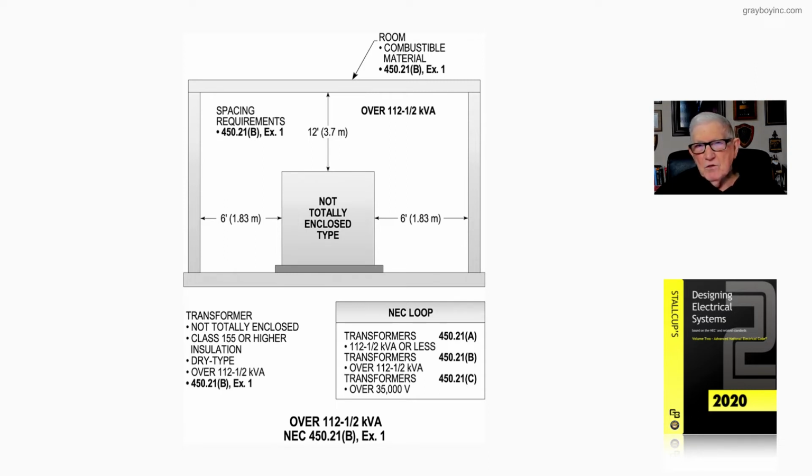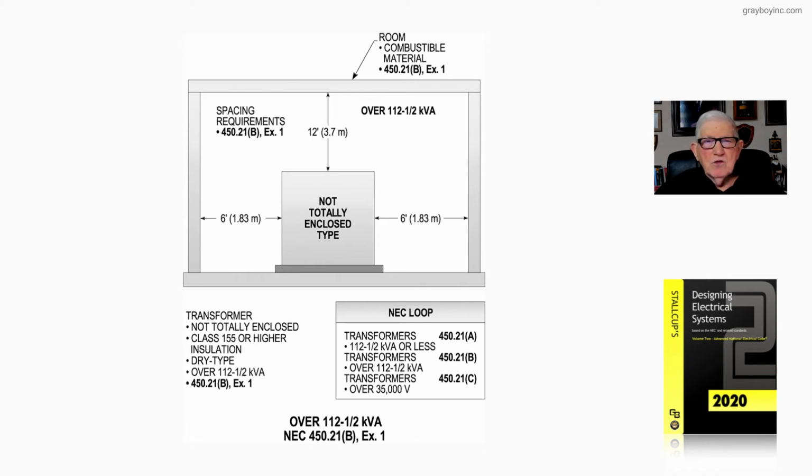And 450.21(c) is in car, we're dealing with transformers over 35,000 volts, and they're headed for a vault that we'll see and look at later. Now, this transformer that we're reviewing in this figure, if it's not totally enclosed and has a class of 155 or higher insulation, and it's dry type, and it's over 112.5 kVA, then it's installed in accordance with exception 1 to 450.21(b). But the main thing we're reviewing in this illustration in figure